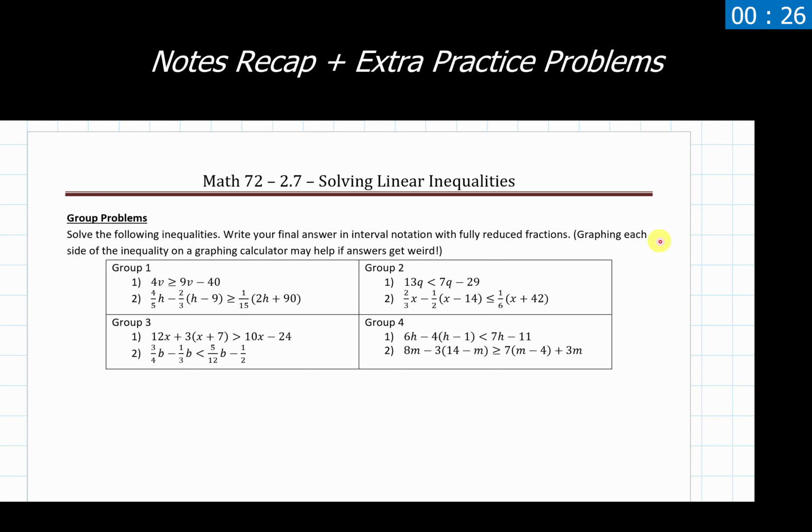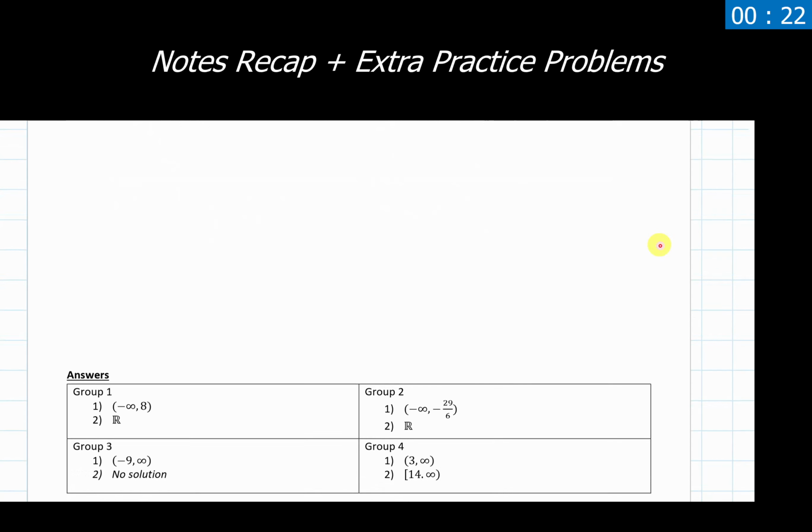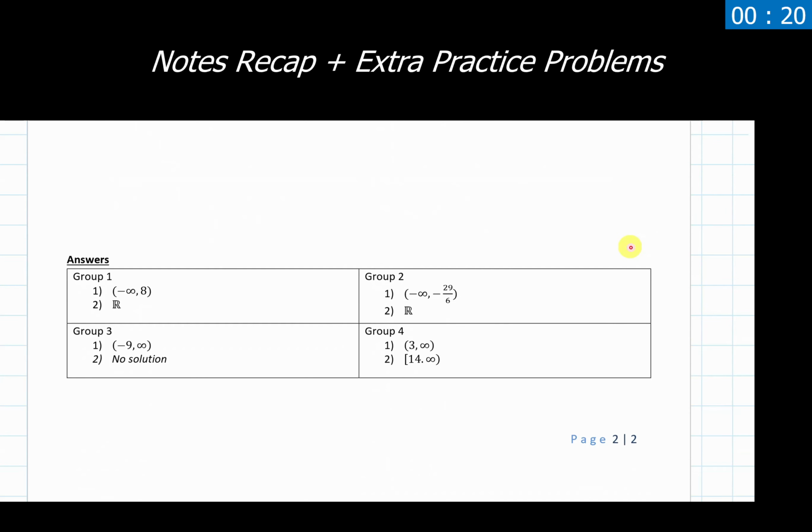Now let's scroll on down and let's get our final answers for each of these things as well. Hopefully, as we were going through, we were noting that we have all real numbers and potentially no solution showing up with some of these problems. That is a pretty standard thing that shows up with them, so just be on the lookout for that as you're going through these problems. But otherwise, that will do it for inequalities and interval notation.